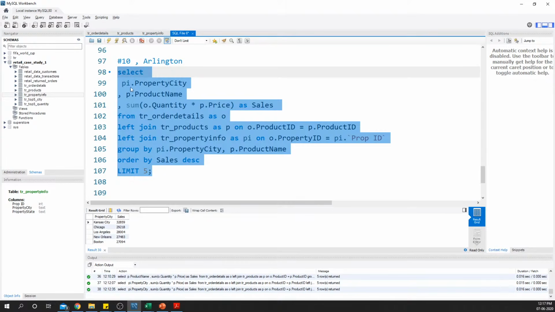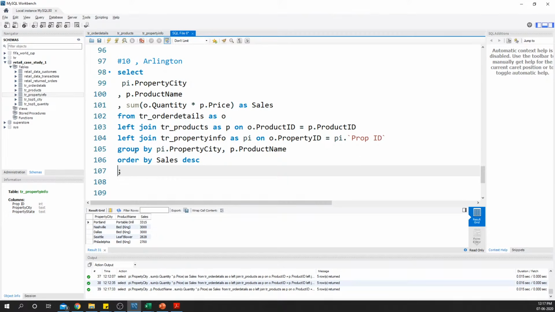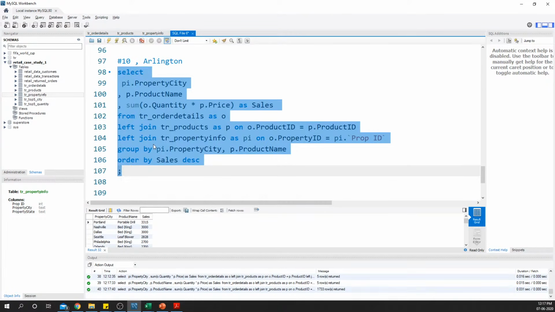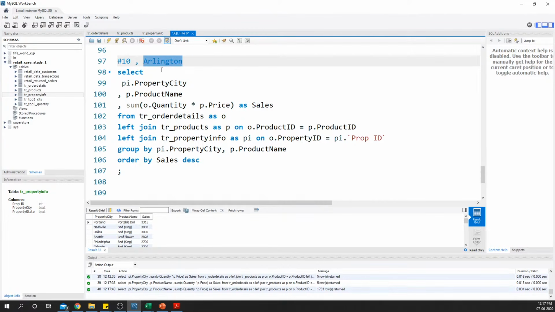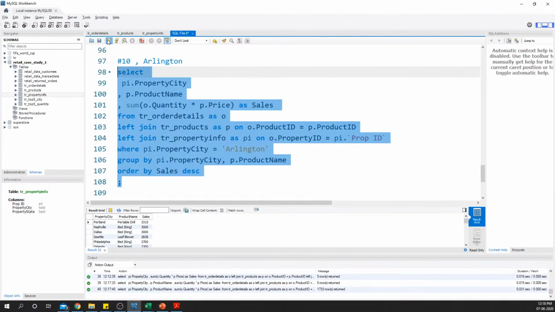So basically what we're doing is we're just adding the product name and the product city here, and just selecting this particular thing. We are just not going to use limit in this particular scenario, but if you just do this statement, you'll see that you'll get the property, city, product name, and sales, right? But we want to get it for Arlington. So what we will do is we'll also apply a where condition here, right? So where this property city is equal to this particular city,